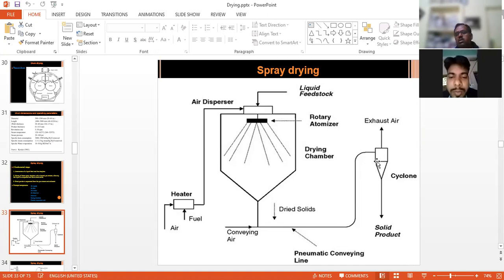Here cyclone, they are also one type of centrifugal type of forces. They are actually employed, installed here. So on the basis of specific gravity, heavier particles are actually collected, solid product is collected here, and the very small, low density or small particles are actually exhausted, that is actually removed from the cyclone. So this way we can actually dry the product by using spray drying.